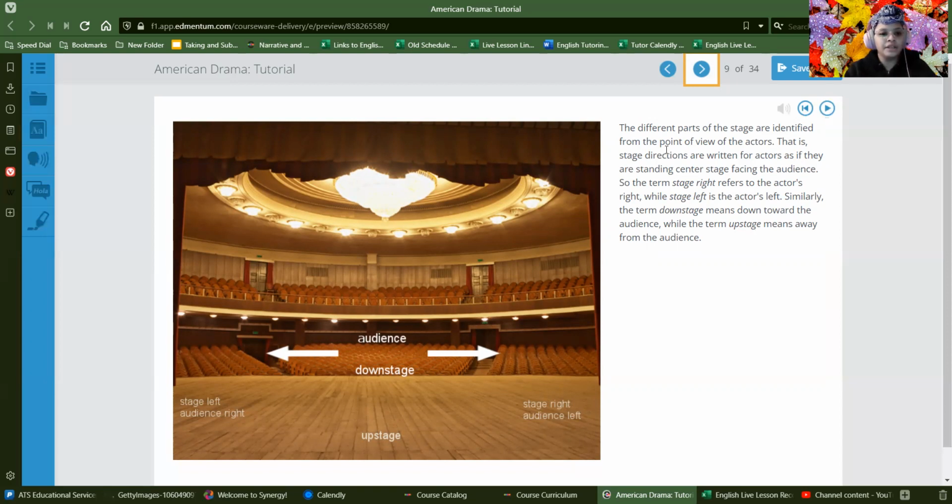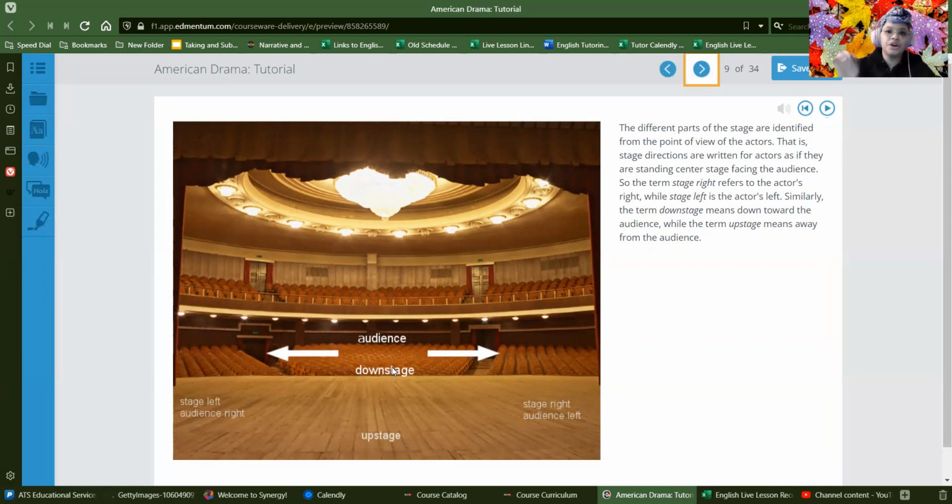So if you're out in the audience, this being stage left isn't going to make sense to you because you're looking forward from this direction. So what's important to remember is if you're at the back of the stage, that's the directions that they use to label these things. So stage left is left from the direction of you coming out on stage. Stage right is the direction from you coming out on stage.